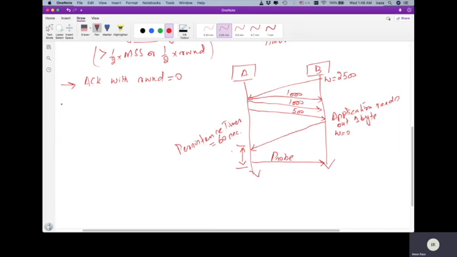There is another solution to this problem, and that is called delayed acknowledgement. So another solution to this silly window syndrome problem is delayed ACK. But the limitation here is that an acknowledgement should not be delayed more than